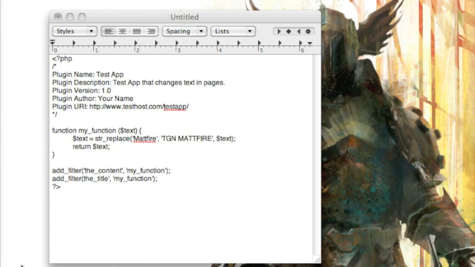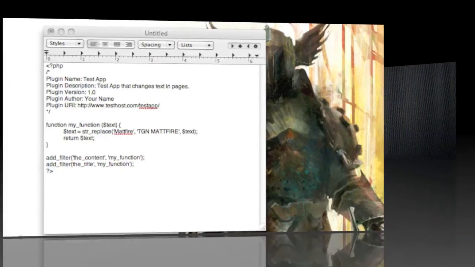After you have named and saved your file, you're going to want to name it myplugin.php. Make sure it's not a text file. And then you're going to go into your WordPress folder. You're going to go into WP Contents, and you're going to go into Plugins. Do not worry about inserting it into a folder. Just copy and paste it in there. And then you're going to go to your WordPress administration page. You're going to go to Manage Plugins, and you should see